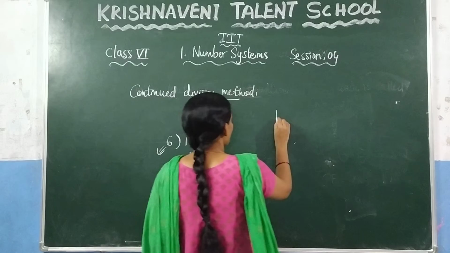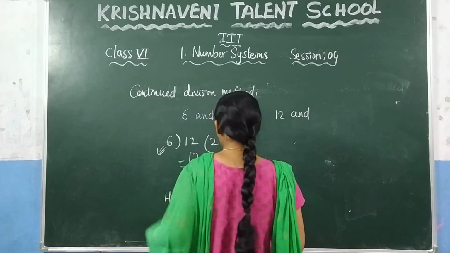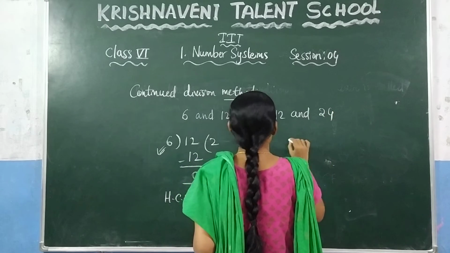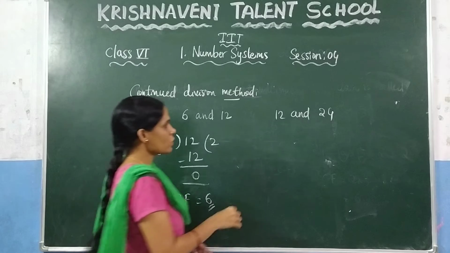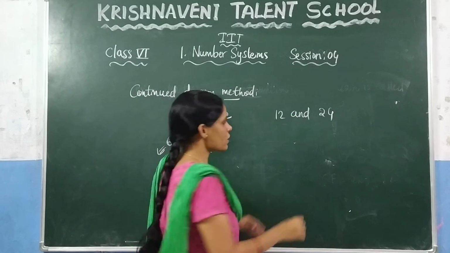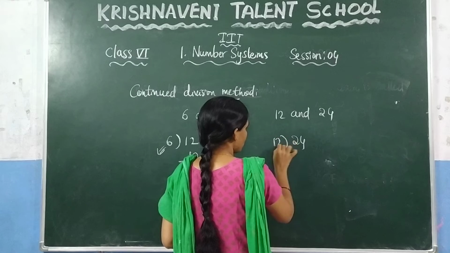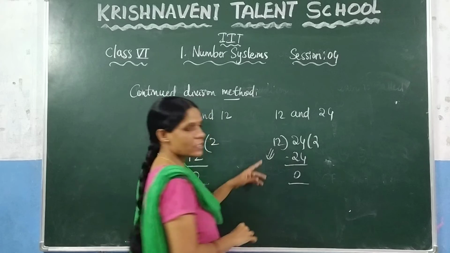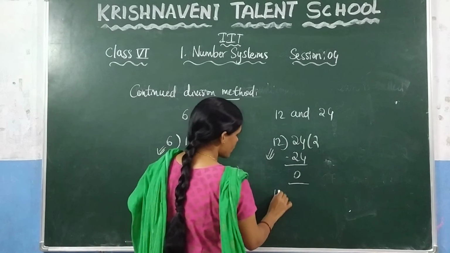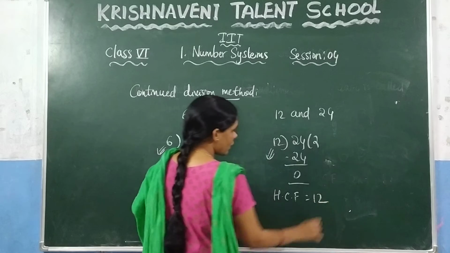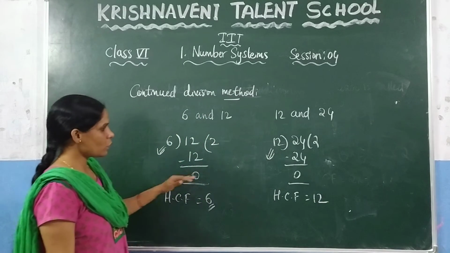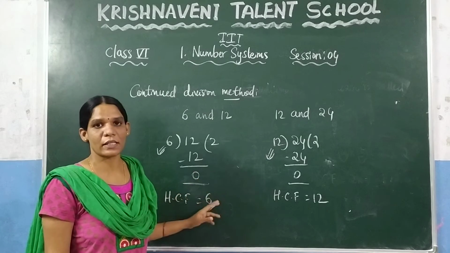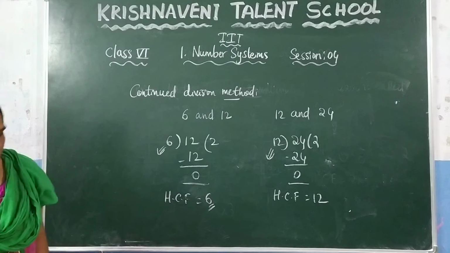Suppose you want to calculate the HCF of 12 and 24. Similarly here, if you want to find the HCF, you need to divide the largest number by the smallest number. So here 24, 12 2s are 24. Since you are getting the remainder as 0, what is the last divisor in this case, which is 12. So you can say here the HCF is 12. Like that you need to calculate. In both the conditions we got the remainder as 0. Let us consider a few examples where you do not get the remainder as 0. Now consider some examples.